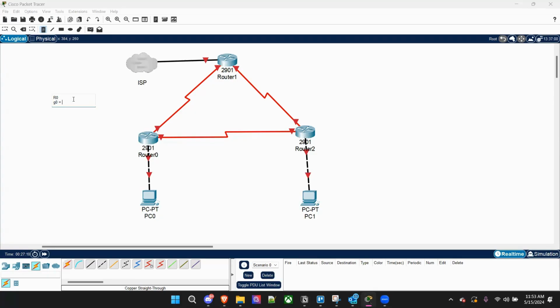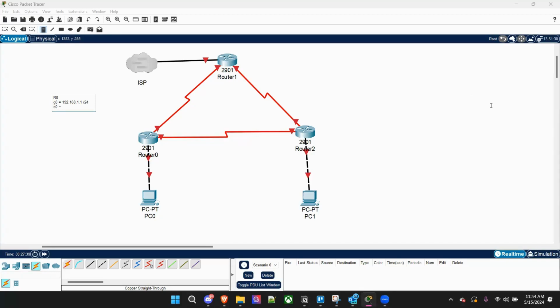I'm shorthanding this because I don't need to write all this, but follow along with me. It has 192.168.1.1. I'm getting these IPs from the lab, guys, in case you're wondering. /24, okay? And then we have serial 0